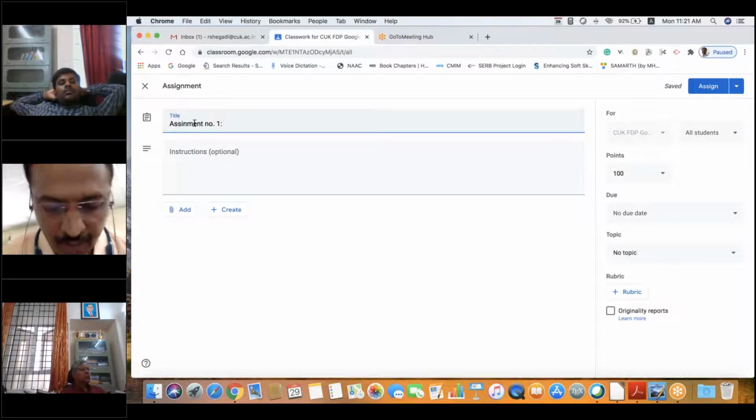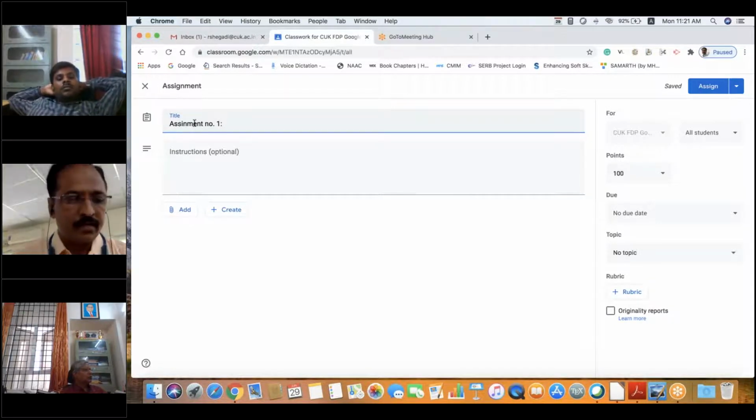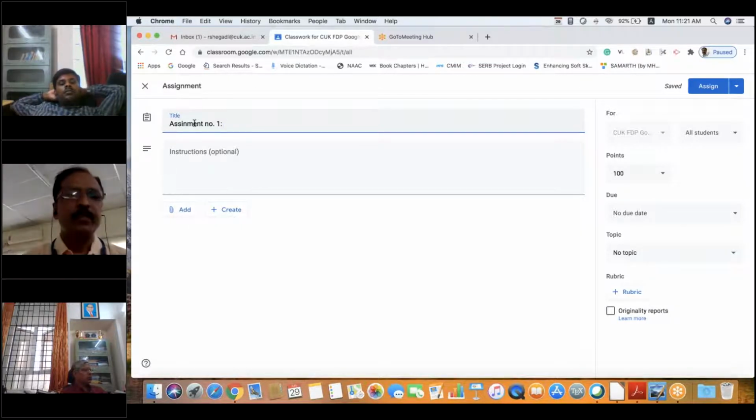Yeah, one participant, sir, is telling that it is better to use the direct invite. Of course that is possible. Sometimes we will not be having email addresses, or sometimes we will not be having correct email addresses. I have faced this kind of problem. Students will not be regular and all. So it is up to you people. You can use whatever option you feel is better. So there are basically 2 options.